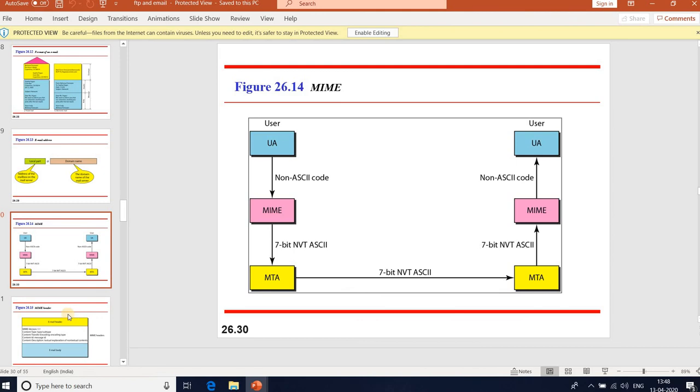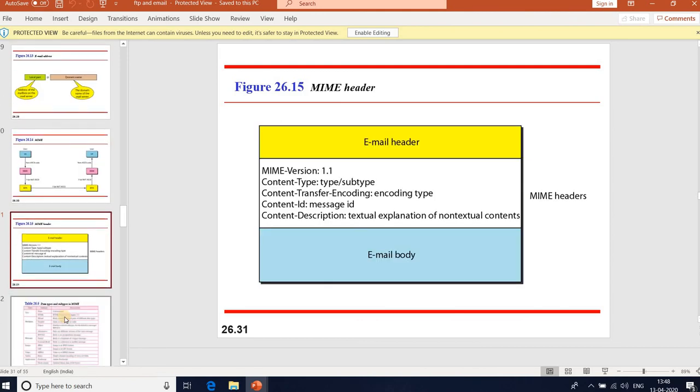Generally, if we see the MIME header format, it defines 5 headers that can be added to the original email header section to define transformation parameters. One is the MIME version. Then content type, which again has a type as well as a subtype. Content transfer encoding, the encoding type.